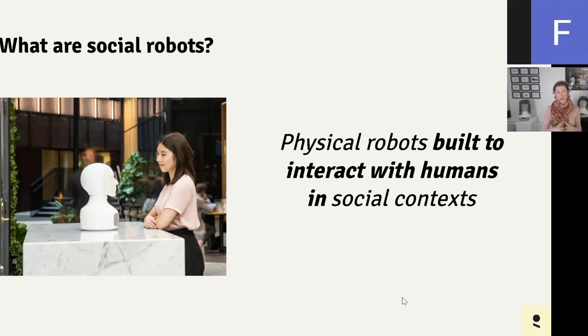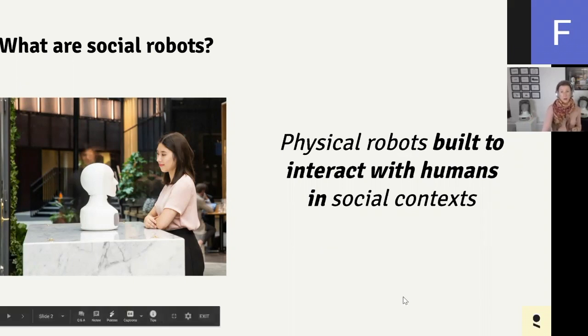With that, I specifically mean that everyone feels comfortable knowing what a social robot is. When we're talking about social robots, we talk about physical robots built to interact with humans in a social context, as opposed to, for example, virtual chatbots, which one could claim are social but not physical, or physical manufacturing robots that are definitely physical but don't have the social element.